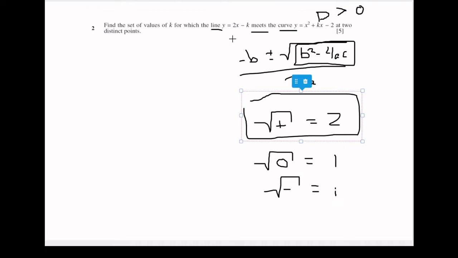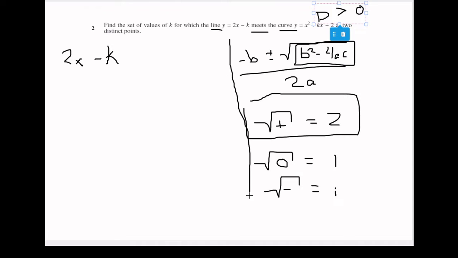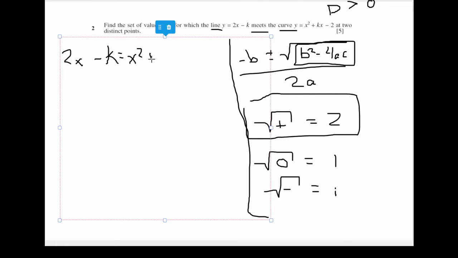Our first step for this kind of equation, when we want to find where 2 lines meet, is to make them equal to each other. So we find pretty much the values that would make them meet. So we'd have 2x minus k. I'll make a little line here so that we don't get confused with our work. Equals x squared plus